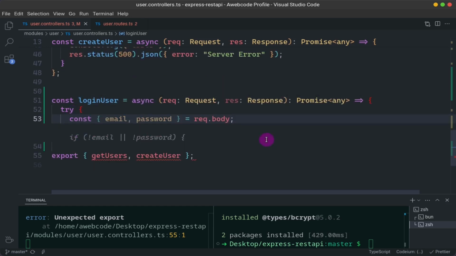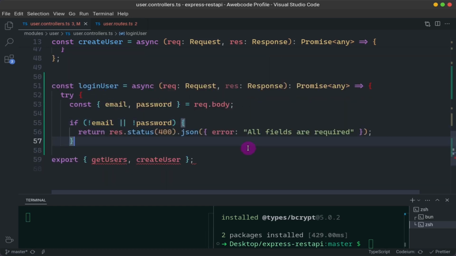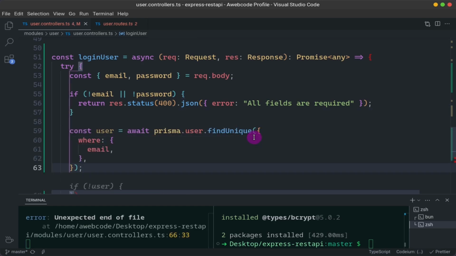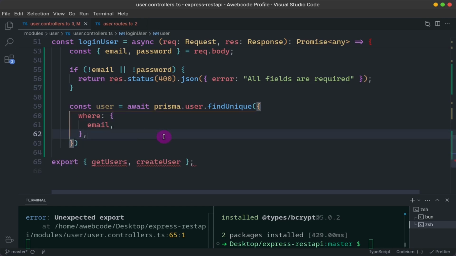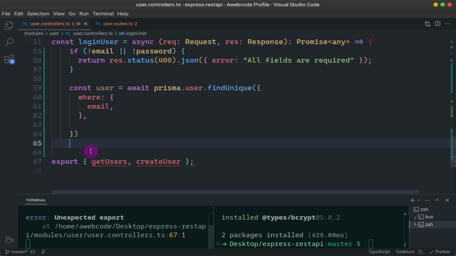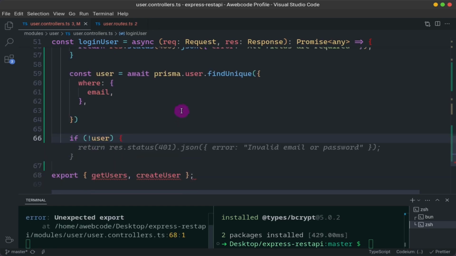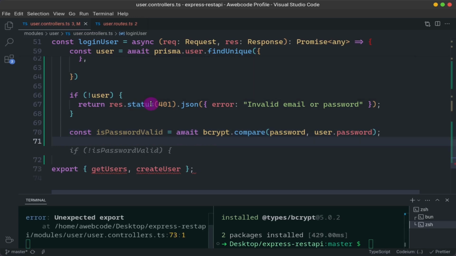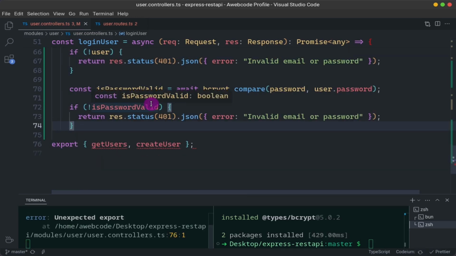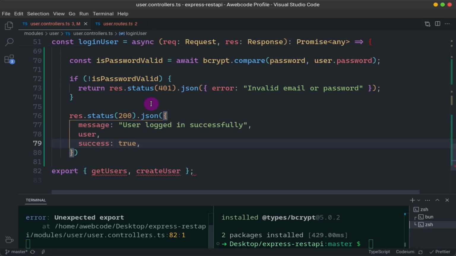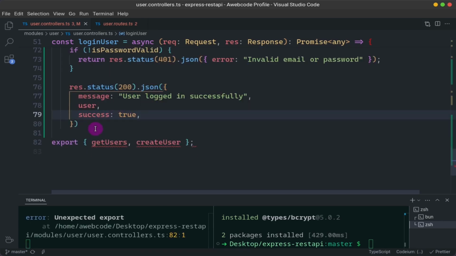So this also will be a promise with email and password, and const findUnique email is equal to await, and after that we'll check if not email. Okay, I will just explain everything. And if not,